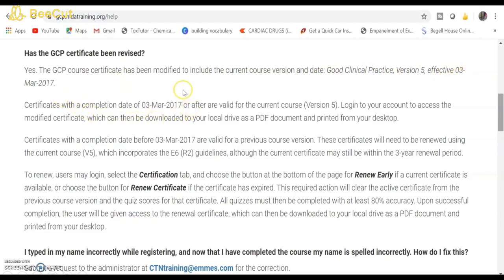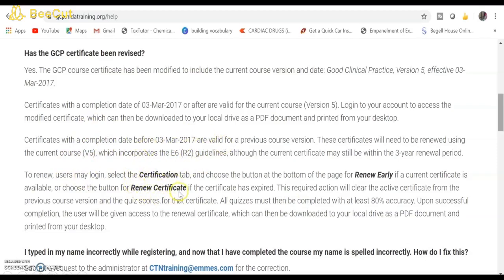So the certificates with completion date of this date or after are valid for this version 5, but once it will get expire, you have to get it renewed, because certain guidelines are getting added. Like in this particular V5 version, the guideline E6R2 were added. Okay, so that's why it got updated.